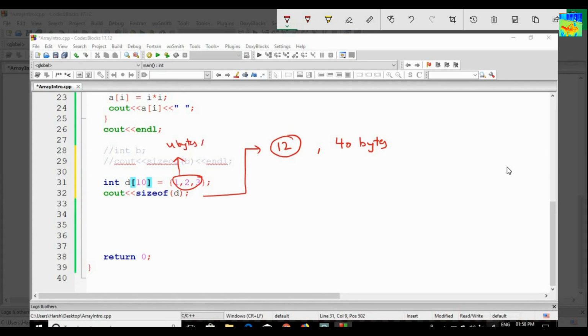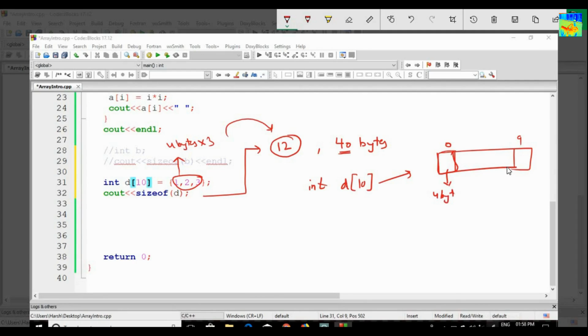So 4 multiplied by 3, you will get 12. The second possibility is 40 bytes. Why 40 bytes? Because we have written int d[10]. This means create 10 boxes, and each box is an integer. So each box contains 4 bytes of memory space, and there are 10 such boxes. So 4 into 10 is 40.